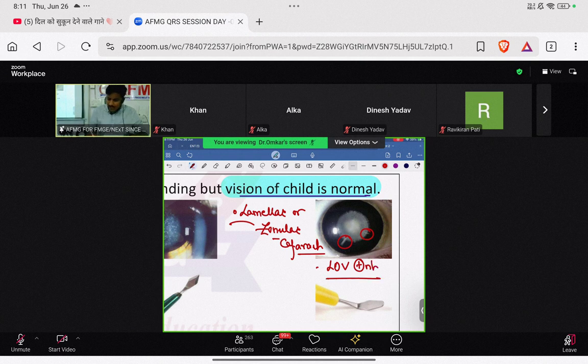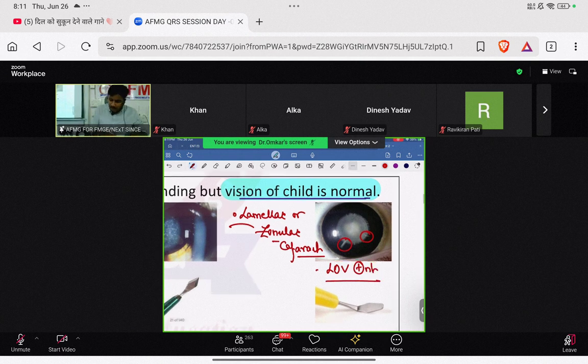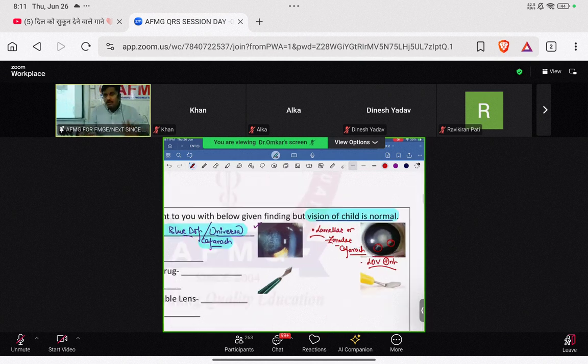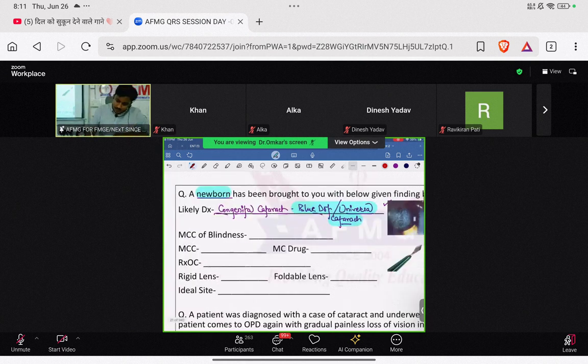तो जब भी it is going to be a lamellar or zonular cataract बेटा, obviously the loss of vision is always present. क्या appearance दिखता है इसमें? तो ये जो zonules है, when they get opacified, they will look like riders or the spoke wheels. ठीक है? तो either you call it as riders or the spoke wheel बेटा, and that appearance is always suggestive of a lamellar or a zonular cataract. तो कोई भी congenital cataract जहाँ पे loss of vision है, it is more likely to be a case of lamellar or zonular cataract.